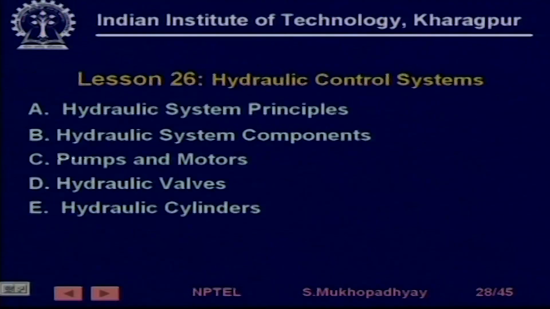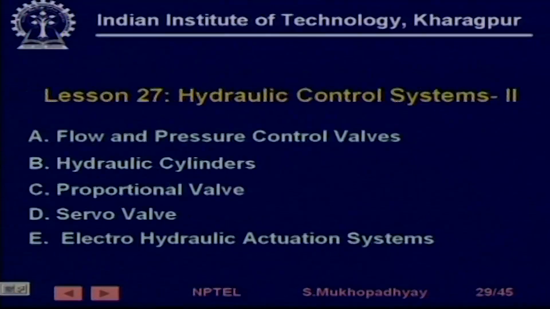After flow control valves, we started taking a look at hydraulics and pneumatics. So, first we took a look at hydraulics, where we understood the basic principles, Pascal's law, then major hydraulic system components, and then we took a look at the components one by one. That is, we took a look at pumps and the motors. We took a look at the hydraulic valves, both direction control valves as well as servo valves, and then we finally looked at the final actuated control element or hydraulic cylinders.